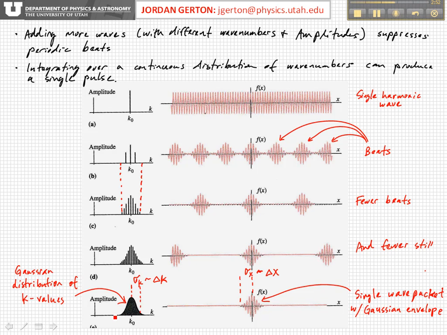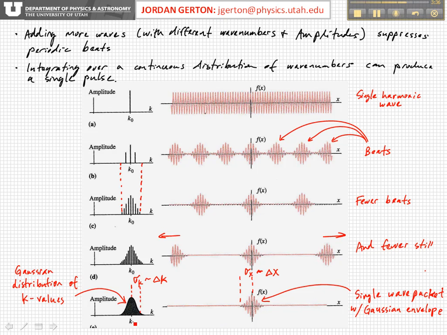if you basically have an infinite number of waves with different wave numbers in a continuous distribution, which is what's represented here, then you can push all the beats basically out to plus or minus infinity, and you're left with a single pulse, or a single wave packet, okay, where the amplitude is essentially zero everywhere else and is only appreciable in this one region, which corresponds to a particular value of k naught. Okay,